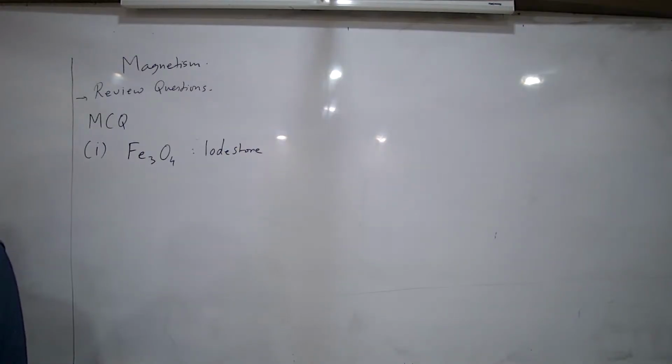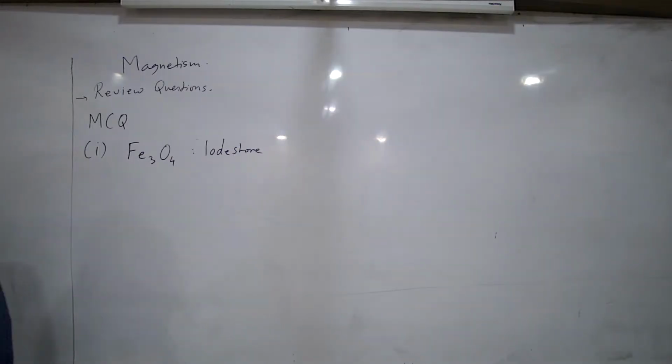Just the solenoid, not the uses. So solenoid is temporary. What is permanent? Permanent is a horseshoe magnet, or a magnetic needle. Magnetic needle is an example of permanent magnet. How do you make a permanent magnet? By choosing iron or steel. How do you make a temporary magnet? By using soft iron.